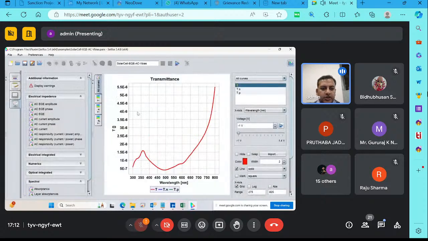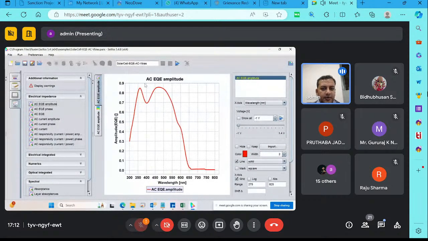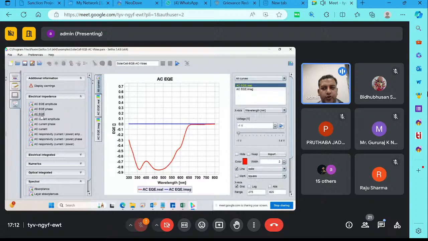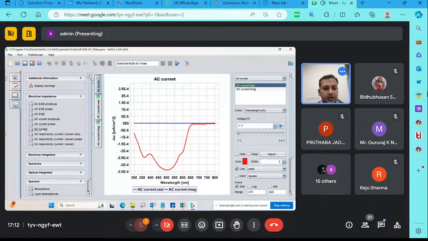Now you can see the simulation has been done. You can plot the electrical AC impedance calculation. This is amplitude, wavelength, AC impedance. This is AC EQE, AC current